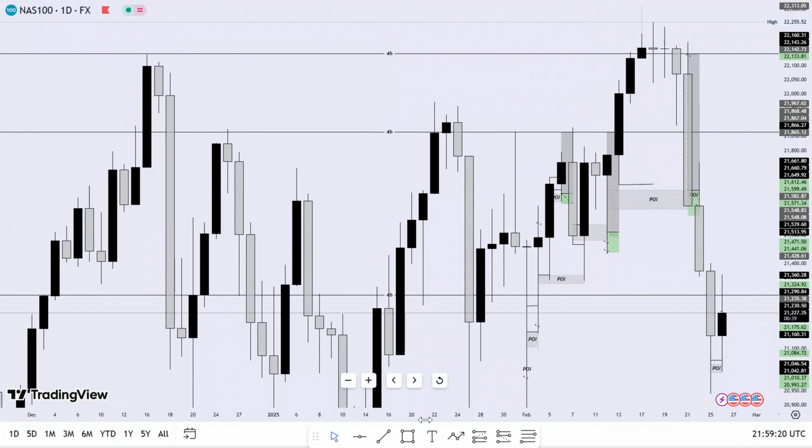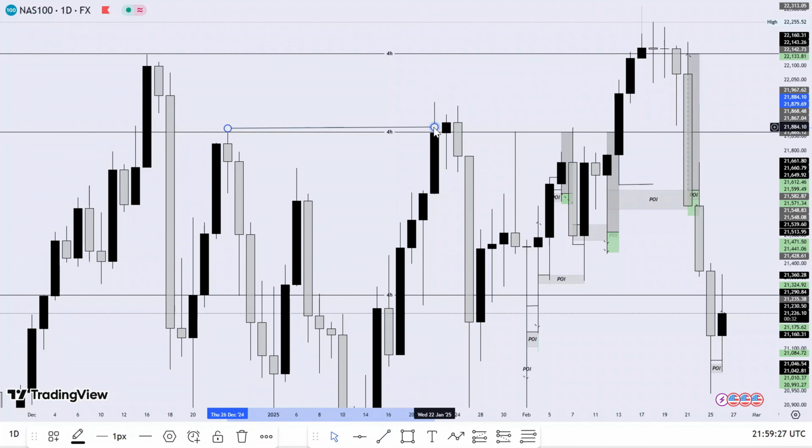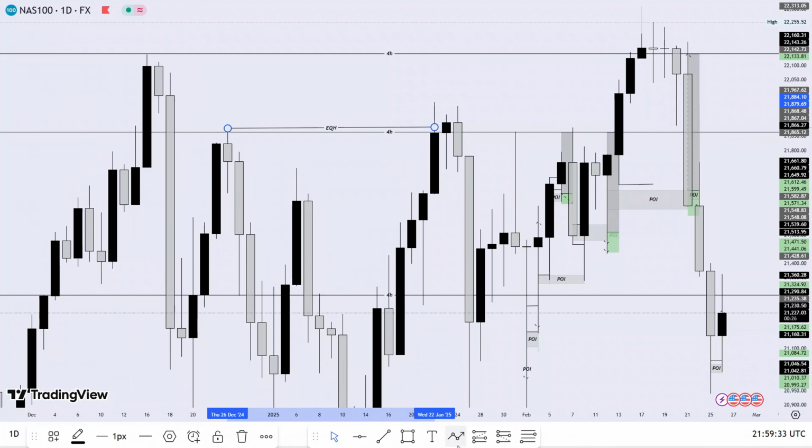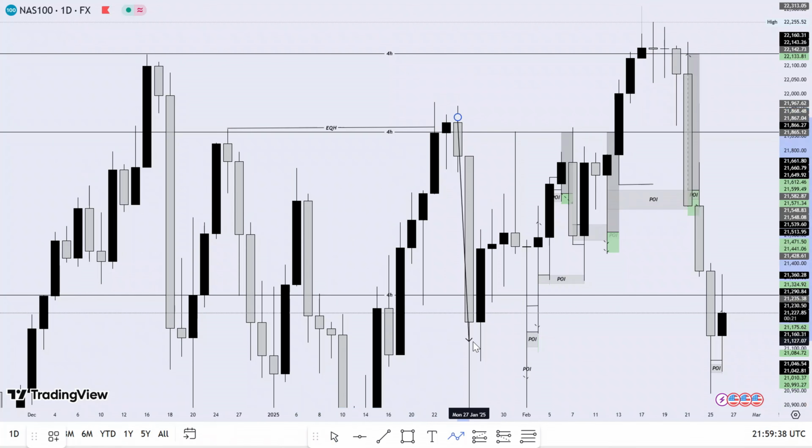And also for the double top or equal highs or equal lows liquidity, you can see that the market creates this equal highs here. Right, market creates these equal highs, and then the market makes this pull down, which is where the market sold from there. And then when the market starts buying again, the market actually came to take out this equal high liquidity before reversing to the downside,